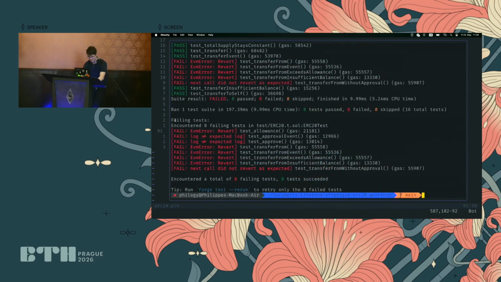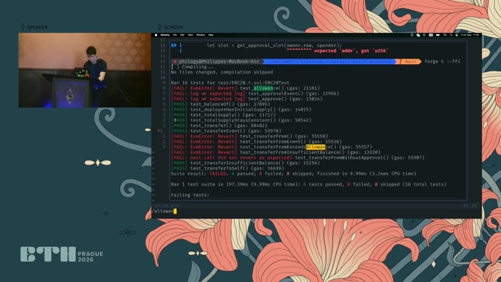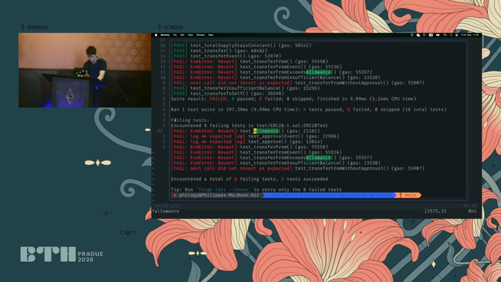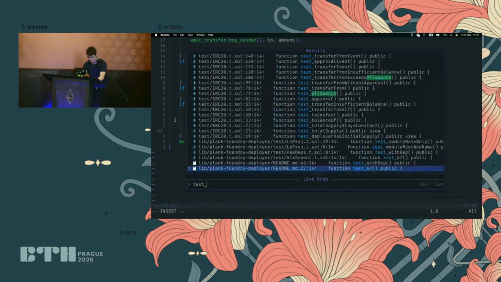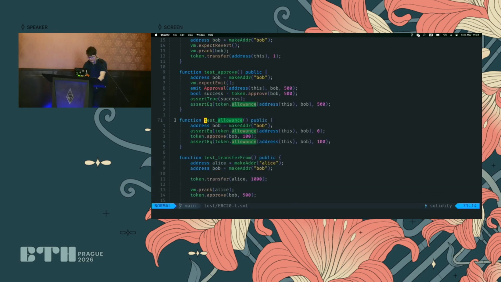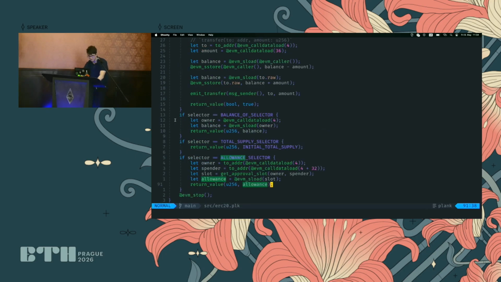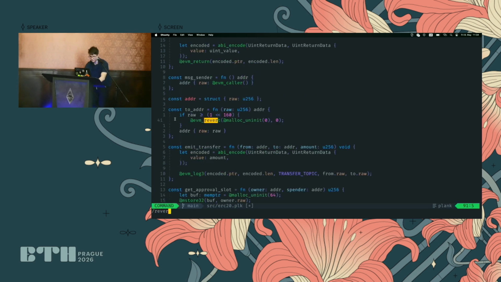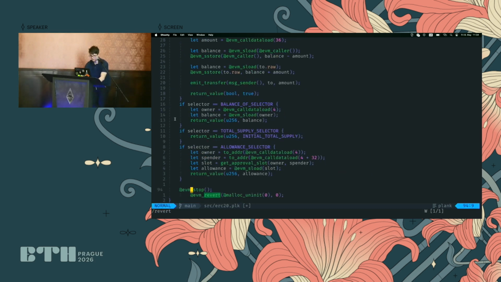And then we should have more tests passing. So now we have allowance. Do we have any of the allowance tests passing yet? Not yet, okay. What does the allowance test actually do? It checks the allowance at the beginning, and then it checks that you can set the allowance, which we don't support just yet. And actually, at the end, if we don't match any function, if somebody calls your contract and none of the functions match, to give proper feedback you probably just want to revert. So let's just put a revert down here.